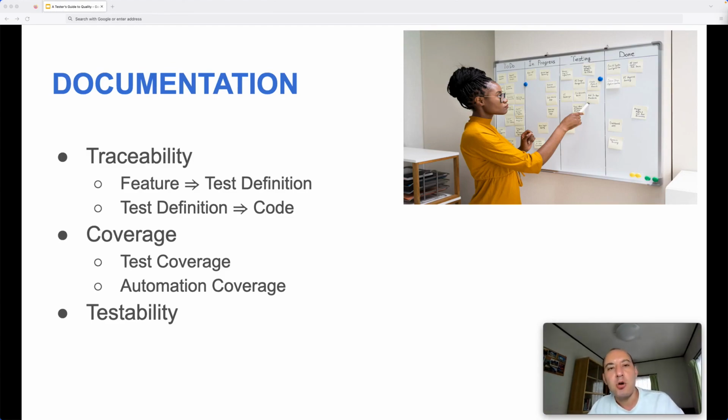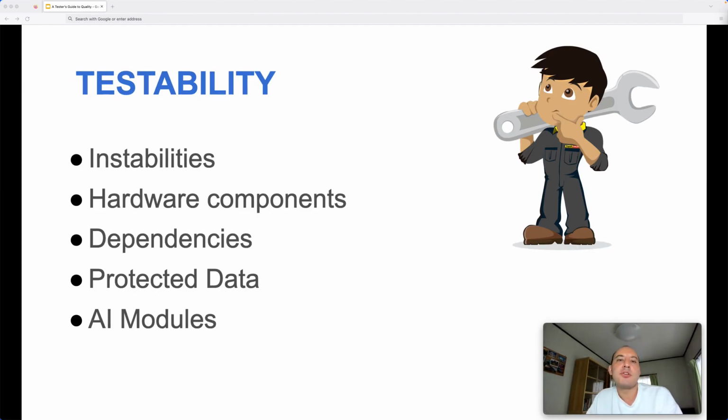And most probably our coverage gaps would be stemming from testability issues. Because why don't we have test cases covering those specifications? If we did not forget to create some test cases, then most probably we were not able to create those test scenarios, because there were some testability issues. This is very likely the reason for the coverage gaps. So testability issues are very important in terms of coverage. I wanted to emphasize a few examples in terms of testability. What kind of testability issues may we have?